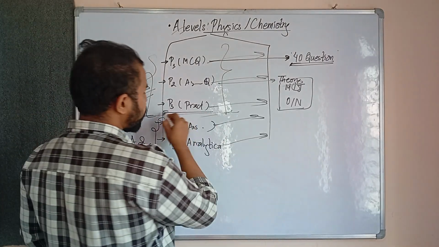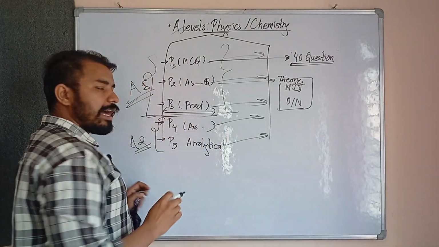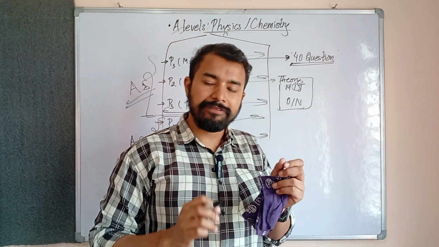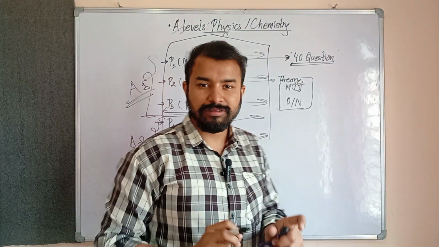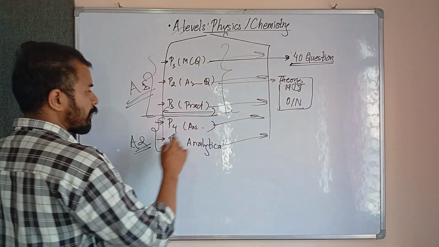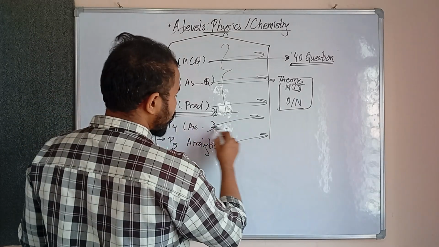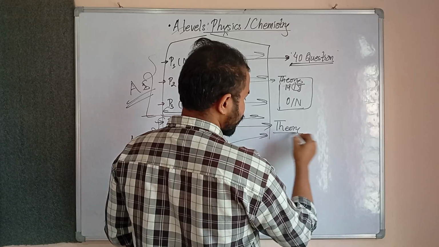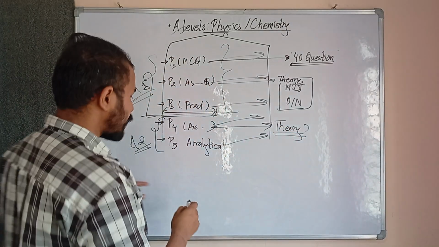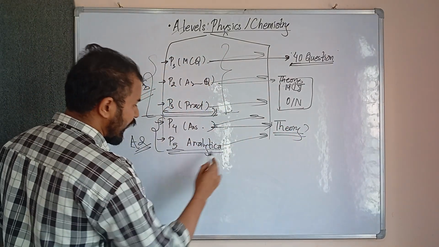And paper 3 is the practical examination. You will have to go there and face practical or experimental work at your lab. That is the major process. You have to collect data. And paper 4 is the theory paper of class 12, theory. Then after that, paper 5 is the analytical paper.